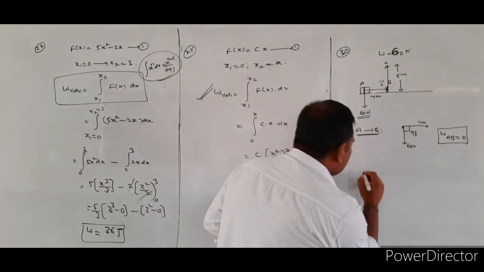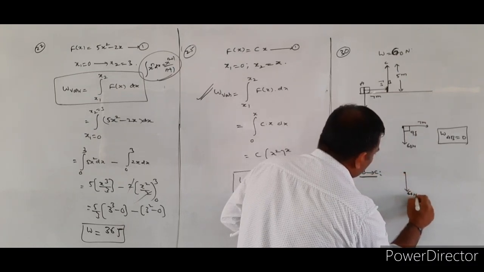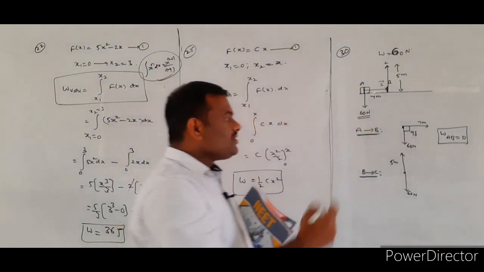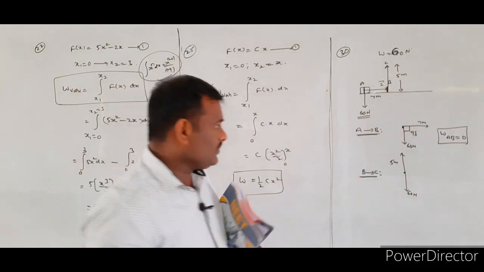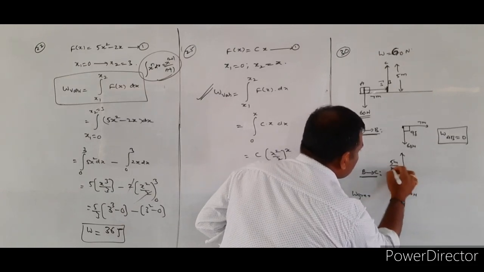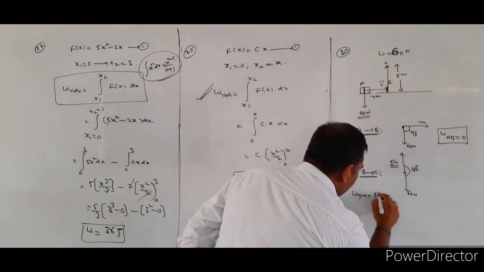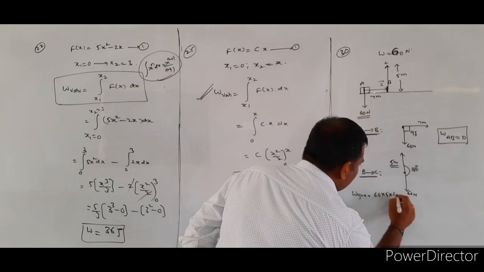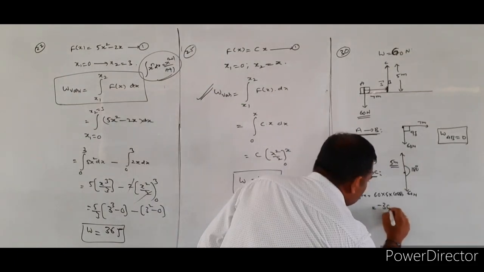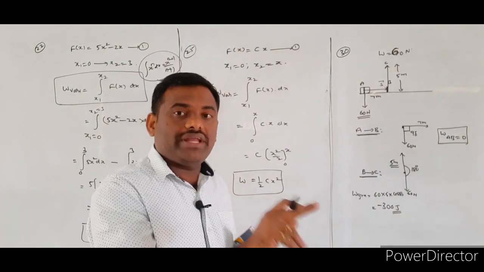Next, from the point B to C, weight is 16 Newton downwards, and the displacement will be in the upward direction, 5 meters. First we will calculate the work done by gravity. Gravitational force will be acting in the downward direction, displacement will be in the opposite direction, angle is equal to 180. Work done by the gravitational force is the magnitude of the force, magnitude of the displacement, cos 180. Cos 180 value is minus 1. So, this value is equal to minus 80 joules, the work done by the gravitational force.